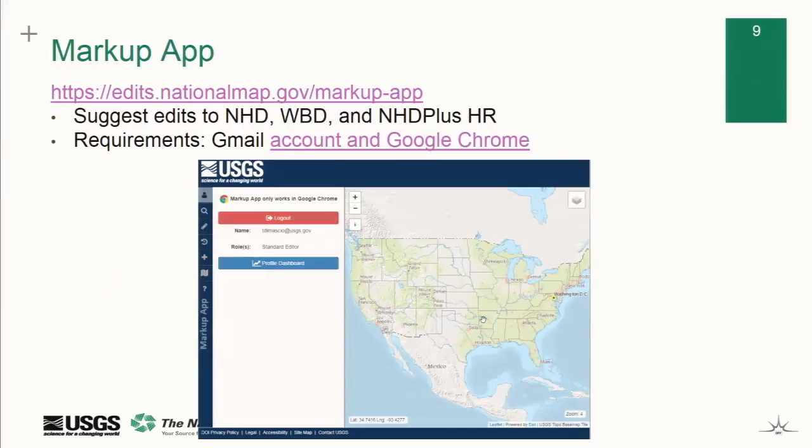Another kind of new thing is that we're allowing people to suggest edits to NHD, WBD, and NHDPlus high-res through our Markup App, and it is kind of system agnostic. You don't need any kind of special software to do it, which has good and bad sides to it, but basically you zoom into the area where you know that there's an issue with the network, or with a WBD line, or even with attributes on the high-res NHDPlus,